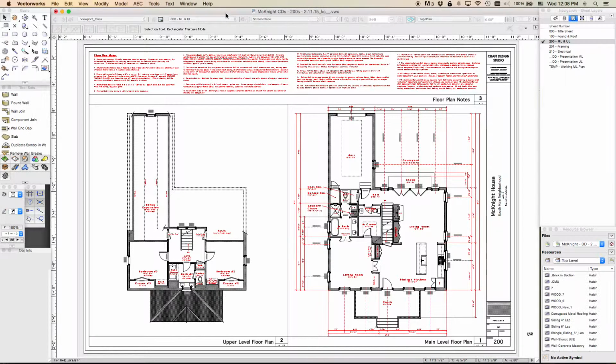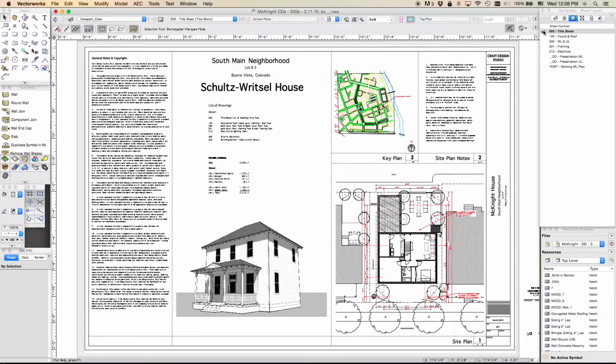Getting started transitioning from design development into construction drawings. The sheets are just starting to get set up, and I've used a previous project as a template. So if I go to the sheet layers up here, I'm going to pan between the sheets that are associated